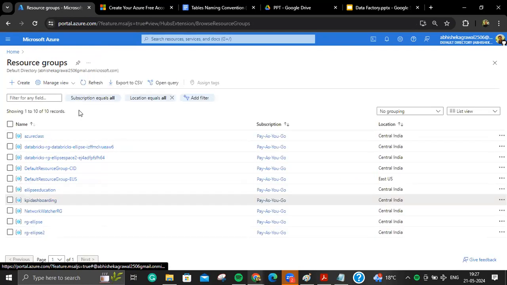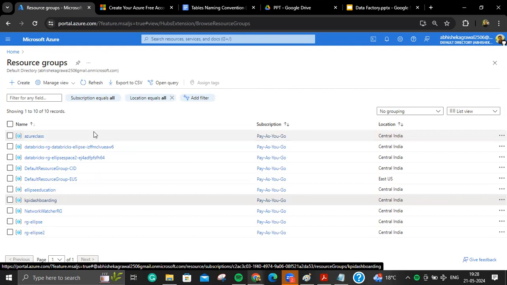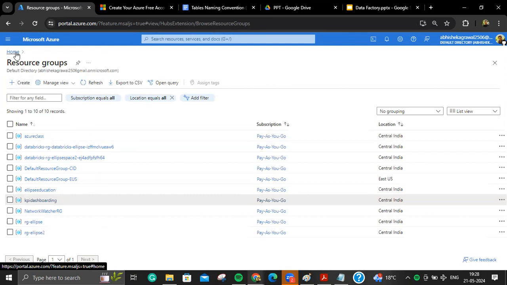So let's try to create a resource group, and then we will try to create a few resources under the resource group, right? That we will do now. So let's create one resource group now.